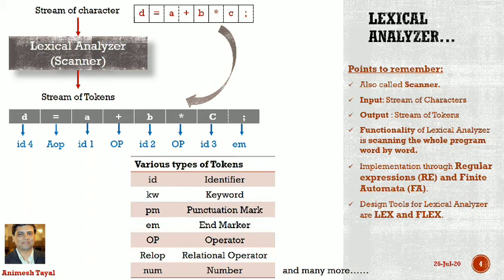Clear? Because फाइनाइट ऑटोमेटा जो हमने अपने सिलेबस में पढ़ा था, फाइनाइट ऑटोमेटा मींस एक ग्राफिकल स्ट्रक्चर, दैट इज ए रिप्रेजेंटेशन, एक ट्रांजिशन डायग्राम, करेक्ट. बट एक्चुअल इन कंपाइलर what is the format of finite automata? It will be available in the programming format. There will be some program. Clear? I will take one more lecture for Lex and Flex in future to discuss these two tools in details.